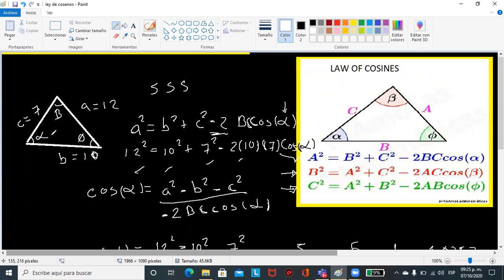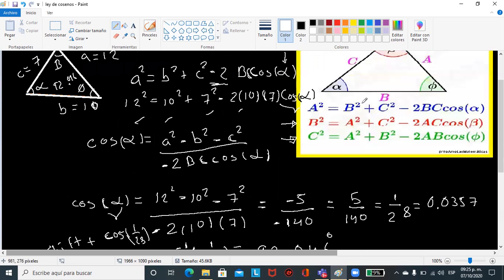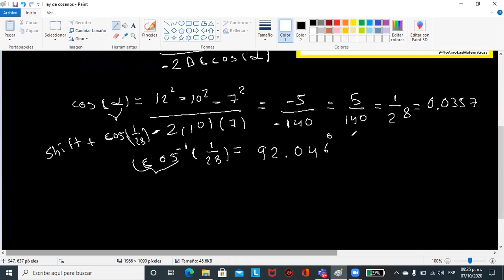We have alpha, that is 92.046. Okay, so now we have an angle and we have three sides. So we can do this all over again to find the angle beta or the angle theta, or we can use a faster way. That is the law of sines. Remember, we have the length A over the sin of A, this is alpha, is equal to B over the